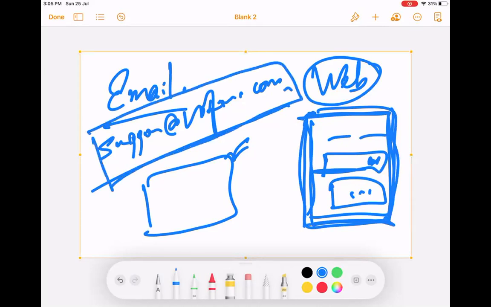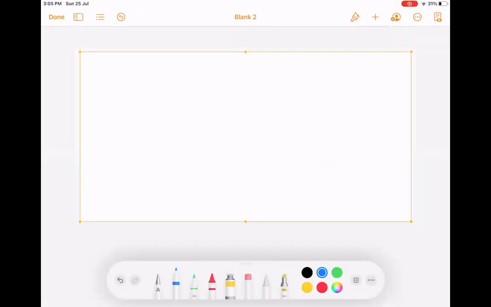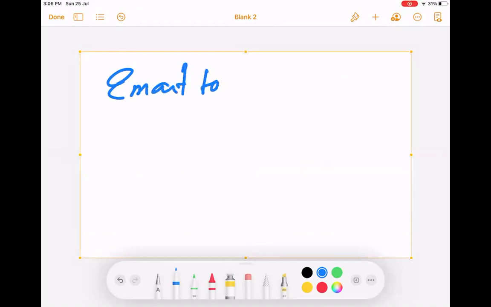There is no person sitting behind the scene who is looking at this mail and then punching it into the system. That might happen also. That is also possible. But Salesforce has made it automatic. Salesforce has two features called email to case and web to case.